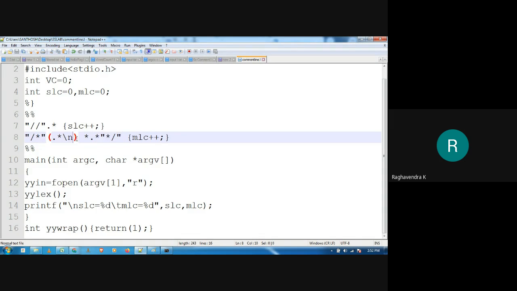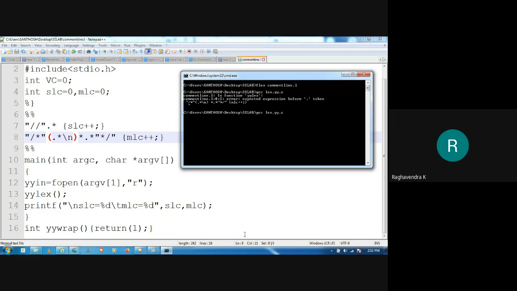Yeah, the grouping is wrong here. See? Dot star and slash n, we are using this group like this one, right? Just use this. Okay, now it is right.